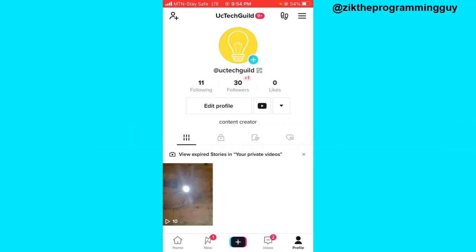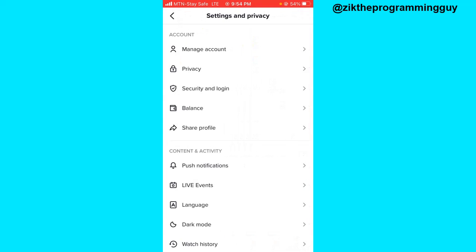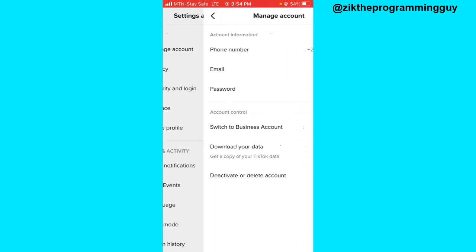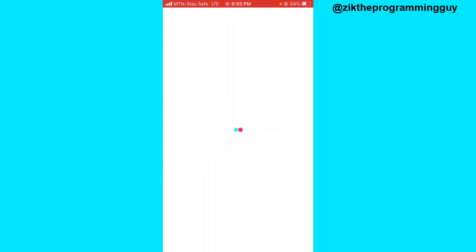Now let's get started. The first step to take is open your TikTok app, head to your profile, click on the three lines at the top right corner of your screen, go to settings and privacy. Now we need to switch to a business account, so click on manage account, and here you get the option to switch to business account. Click on the switch to business account,